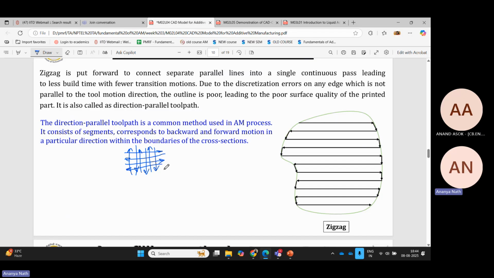In this case, if you see each layer, if I talk about this first layer, then in first layer itself, it is having isotropic property because all the deposition is not towards one direction. It's in opposite, alternative directions. And if I talk about the second layer, then in second layer,